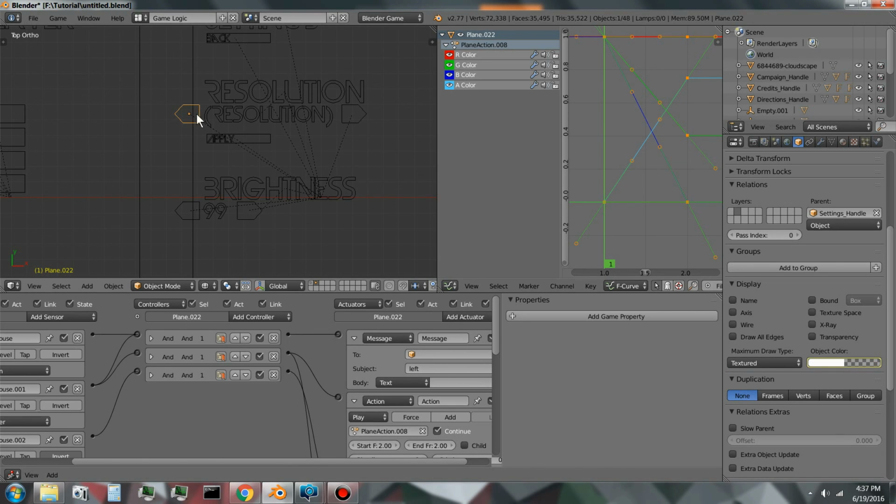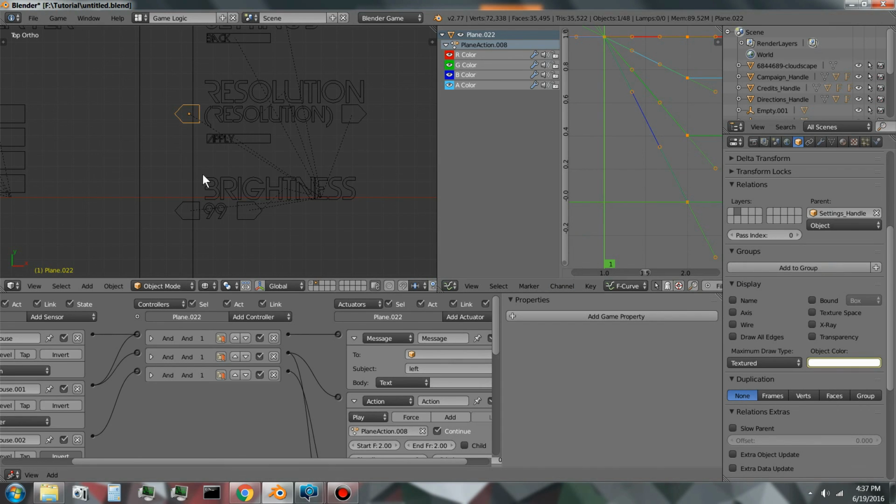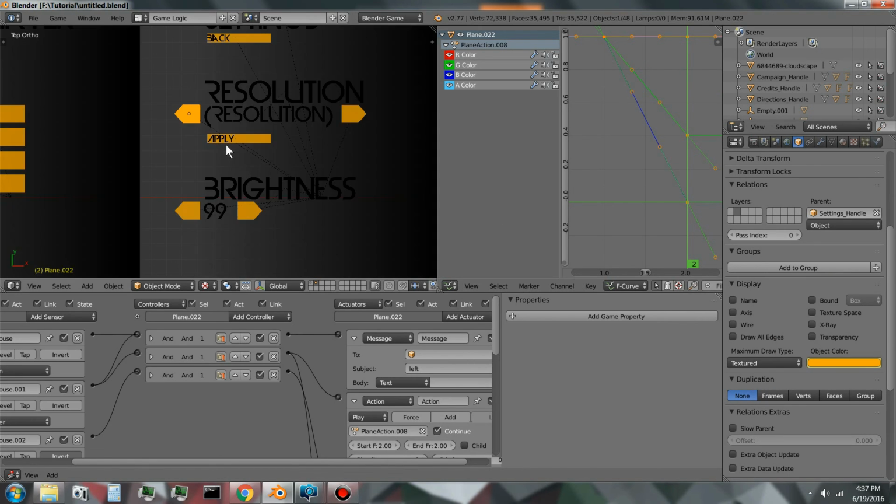So what I'm going to do is select the left resolution button on frame 1 and move alpha all the way up and replace the keyframe. So that way, on frame 1, it's going to be solid white, and on frame 2, I will make it a solid orange. So there, if you move it, frame 1, solid white, and frame 2, it's a solid orange. So then